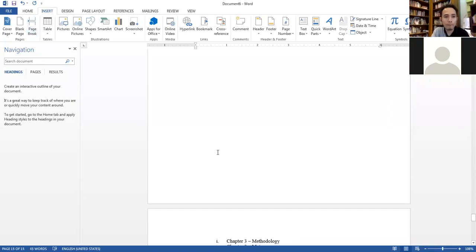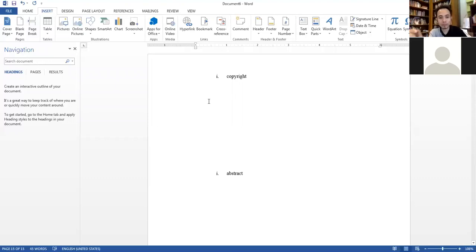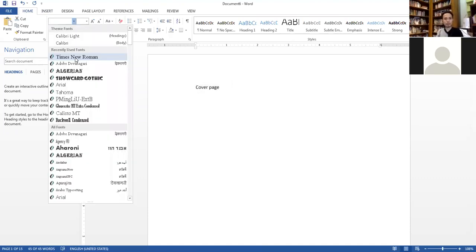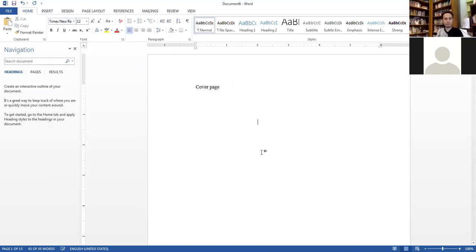Okay. So this is the document that we have. It's too many, right? So when you want to go to the first page, you need to scroll down, scroll up, rolling your mouse. So to me it's quite hard. That's why I recommend you to use Navigation Pane. I chose font 12 Times New Roman. This one I changed. I didn't use Arial, I used Times New Roman.